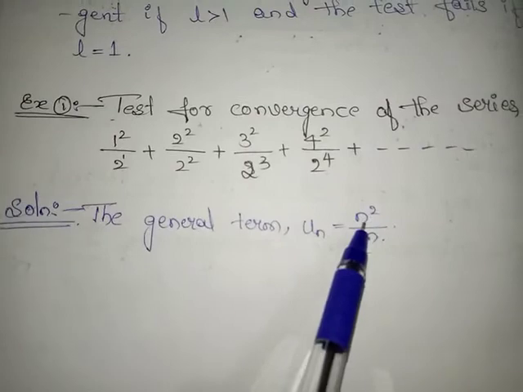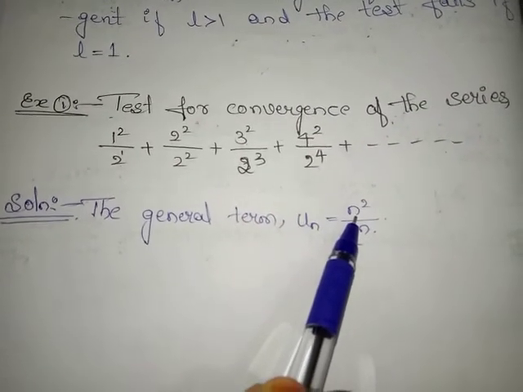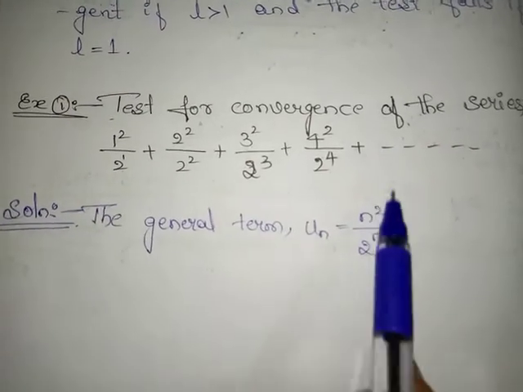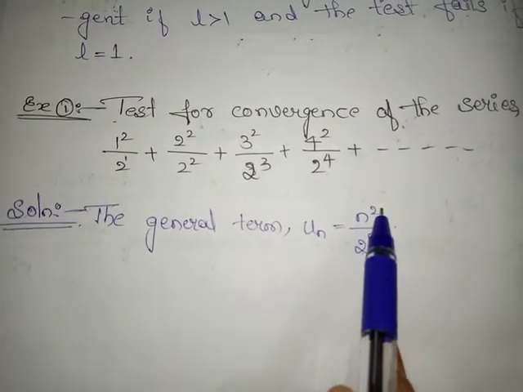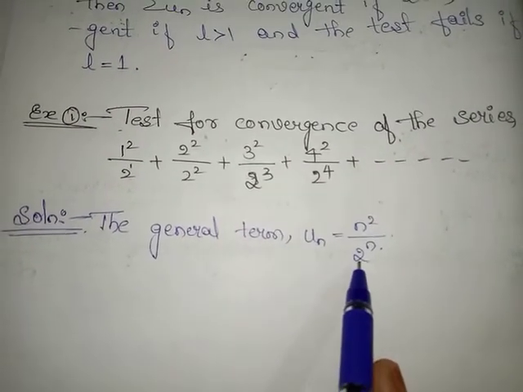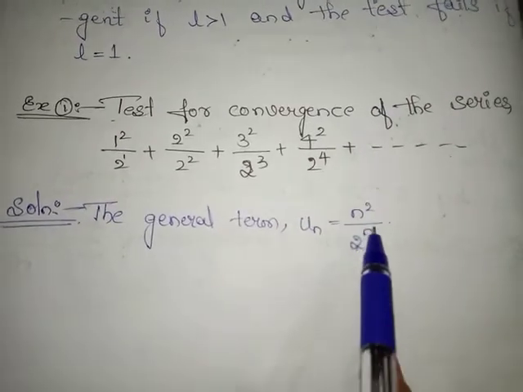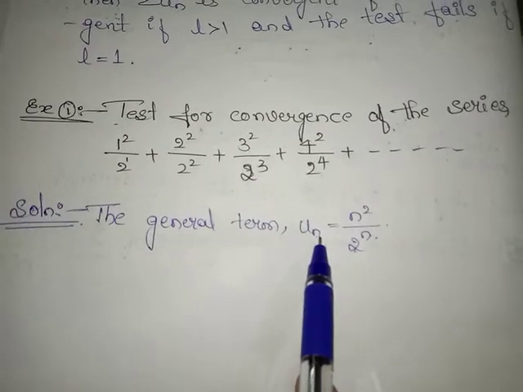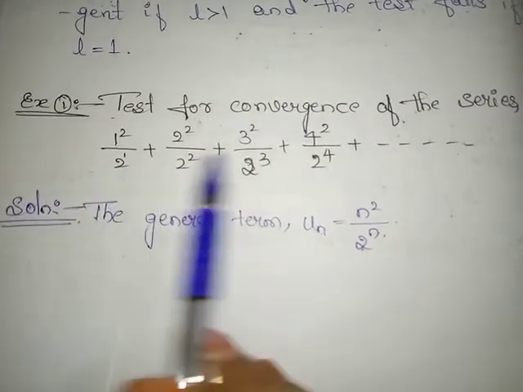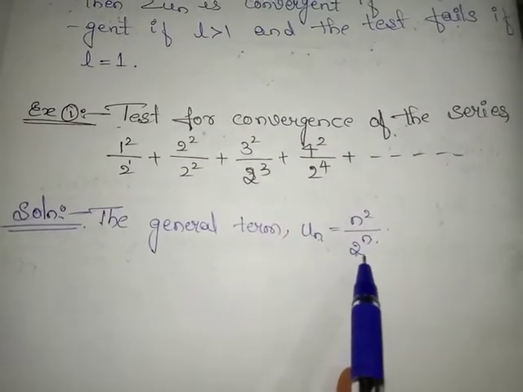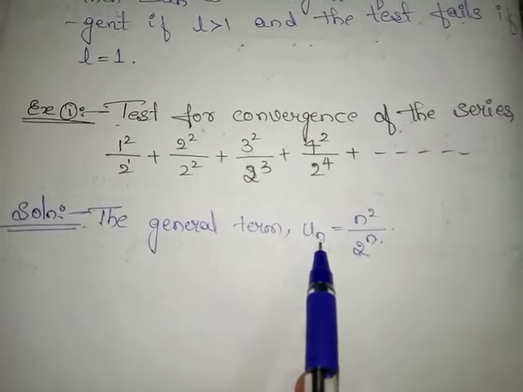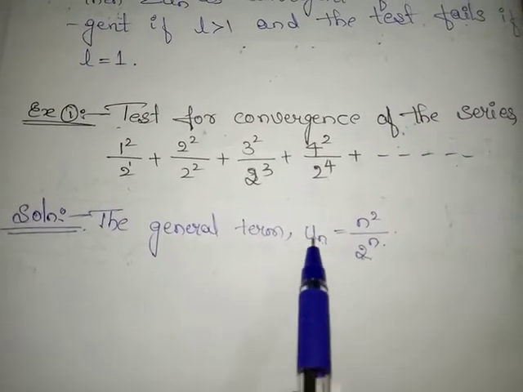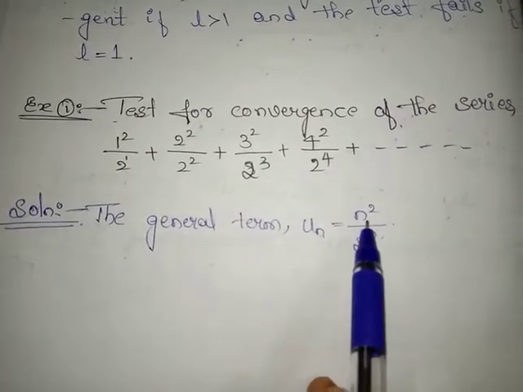See here, substitute 1, what we will get? 1 square divided by 2 raised to 1, same as the first term, and when we consider n as 2, it will be 2 square divided by 2 raised to 2. When n is equal to 1, u1, the first term, satisfies 1 square divided by 2, and for the second term, u2 is equal to 2 square divided by 2 square, and when we substitute n as 3, it will be 3 square